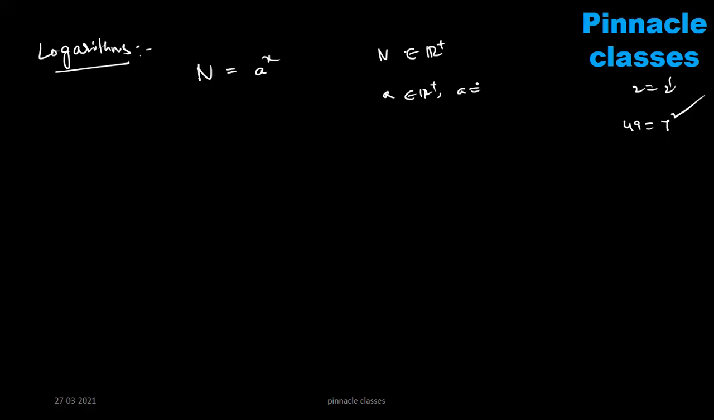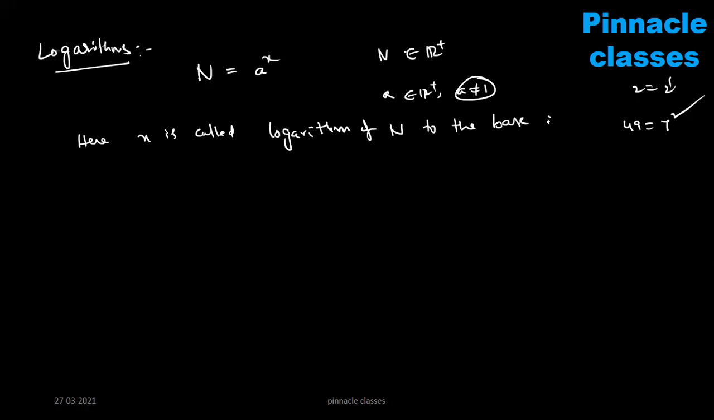And here a must not be equal to 1. Conditions apply. So n is equal to a power x means here x is called the logarithm of n to the base a. See, I'm writing carefully. From this case, I'm writing x is equal to logarithm of n to the base a. That is, n is equal to a power x if and only if